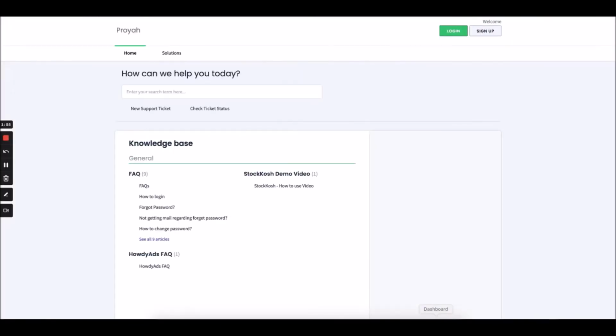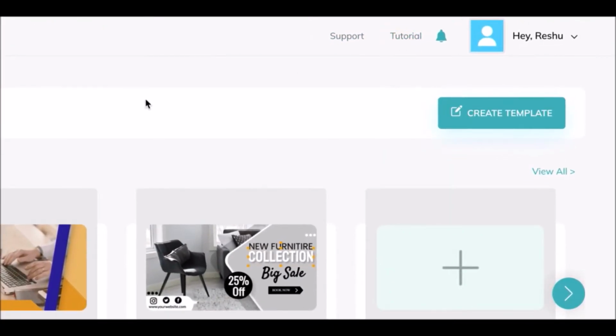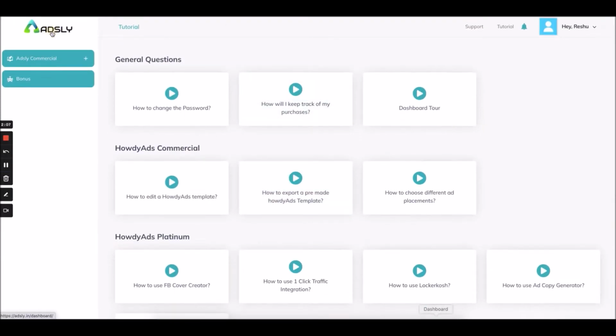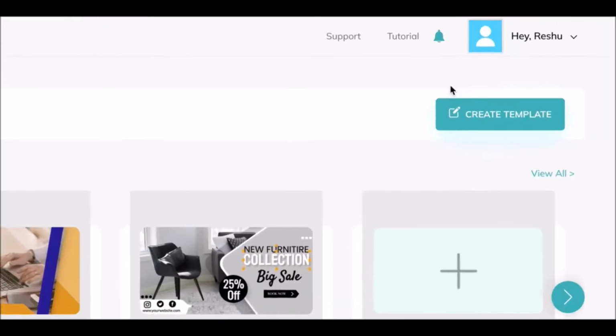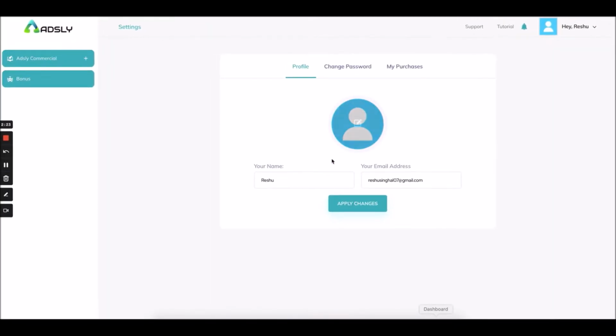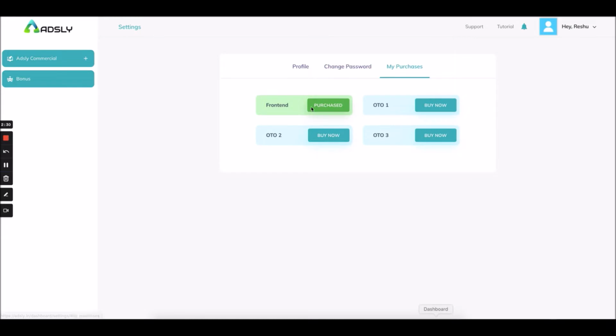From here you will be taken to our support panel, where you can raise a ticket if you have any problem, and these are all the tutorials which will tell you how you have to use Adsley. Coming back, this bell icon will help you to notify if you will have any notification from our end or from your customer's end. And here you will get all the information about your purchase, the email ID you have used for your purchase. You can change your password from here and see what you have purchased and what you can have access to if you want to. These are all the upsells information which will be added over here. Getting back to the dashboard,